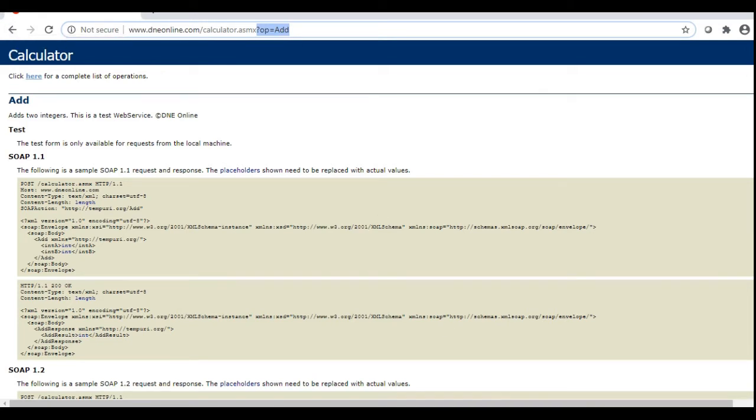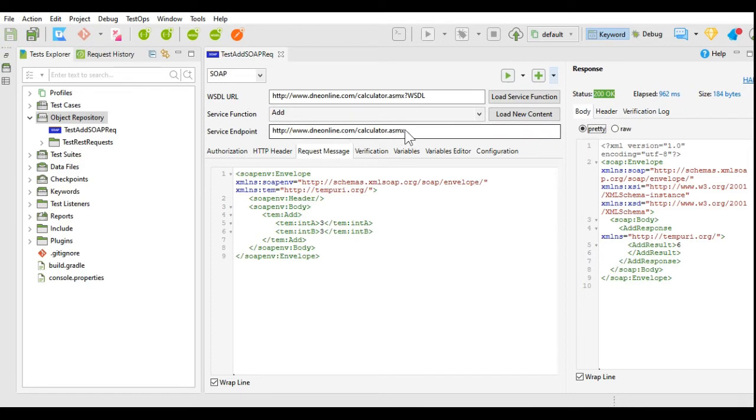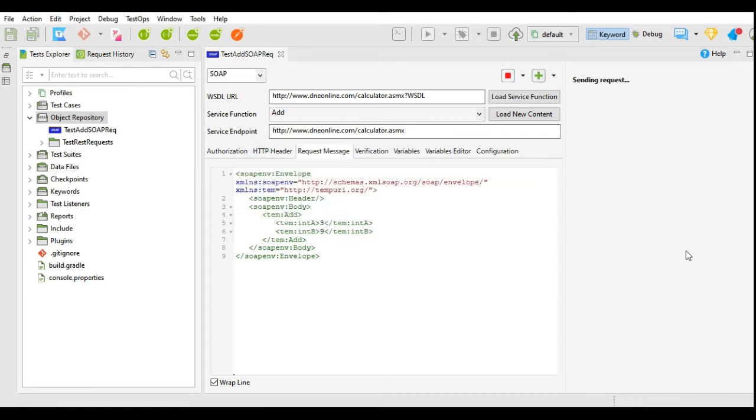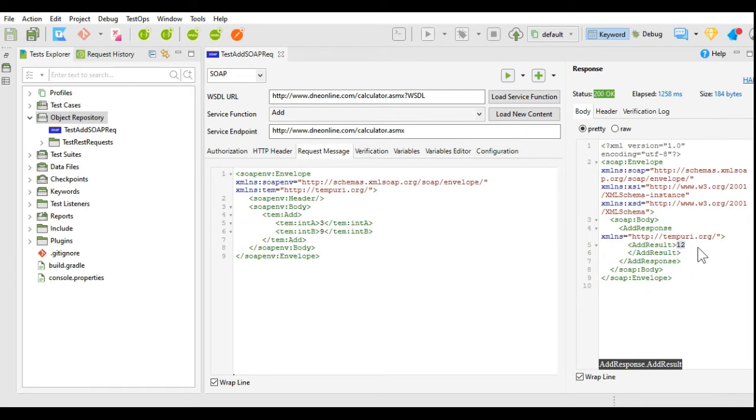So it's the same as this service endpoint. Now this operation add is given over here and it has given the two values which are used. You can see that the addition of these two is given in the result 6. If you change this number to say 9 and execute this request, it will give the addition of these two numbers, 12.